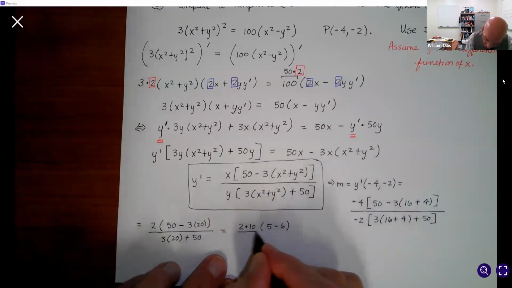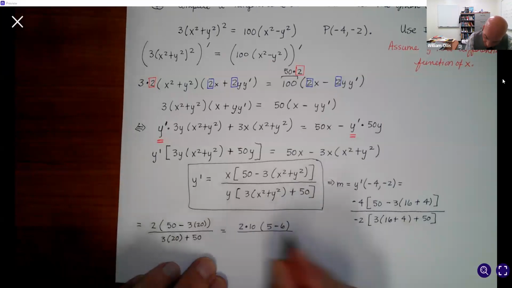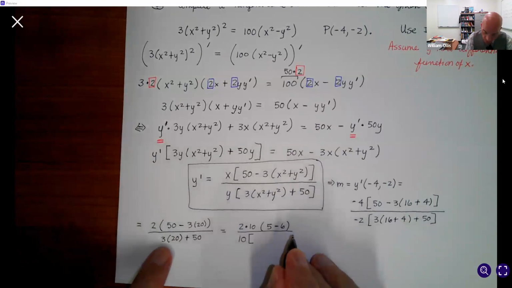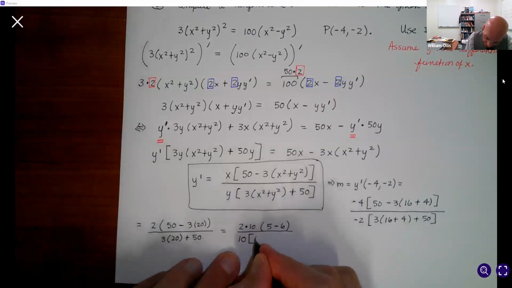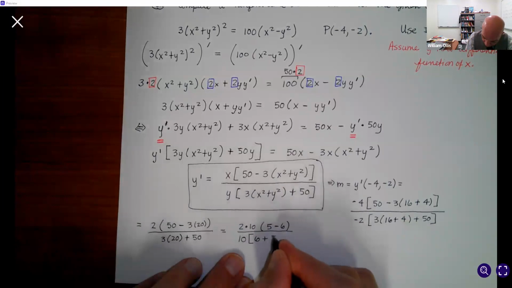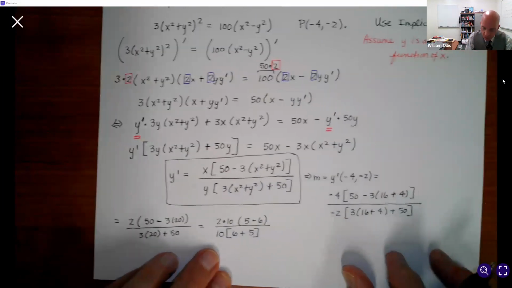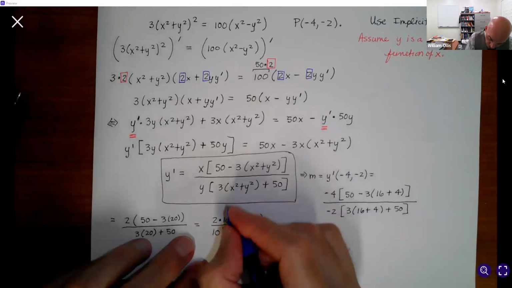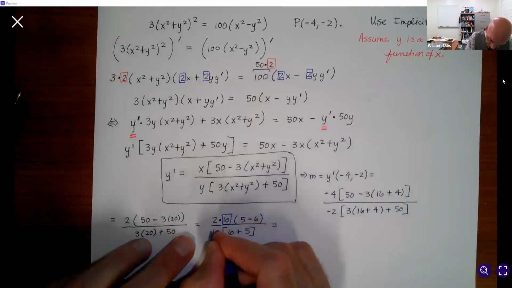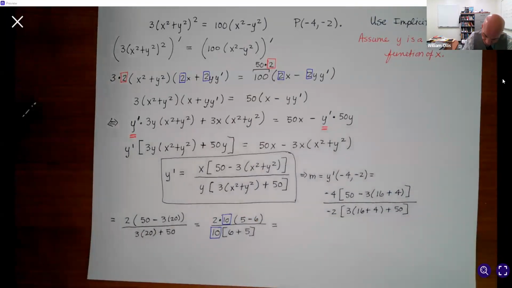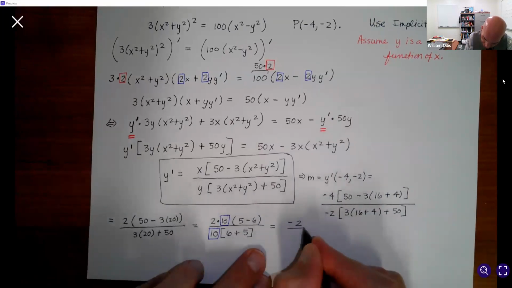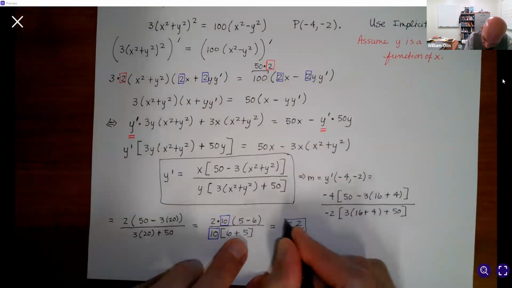And then downstairs, we do the same thing. If you like, we have a 10 that we can factor from each one, so 10. And so, of course, that would be a 3 times a 2, which is a 6, plus a 5. This makes the numbers a little easier to break them down, but you choose whatever technique you like. Now, of course, the 10s absorb. And so we have 2 times a negative 1, so that's a negative 2, and then an 11. So that gives us the slope